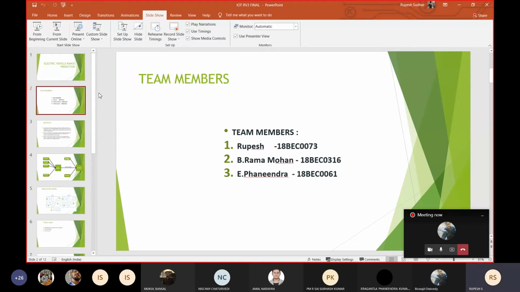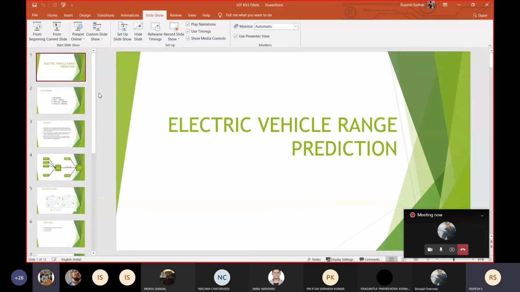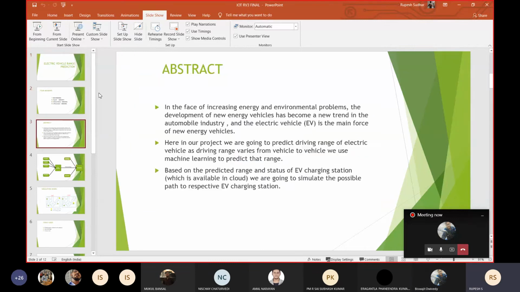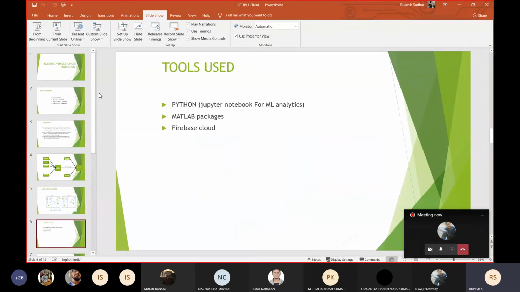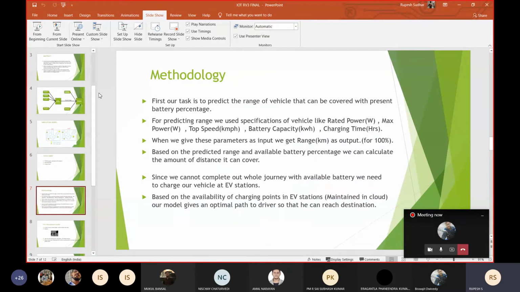Proceed. So the project is electric vehicle range prediction, sir, and the abstract and block diagram we explained in the review too, sir. I'll just give a brief summary of what we did in our methodology.